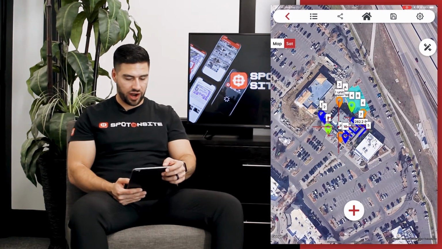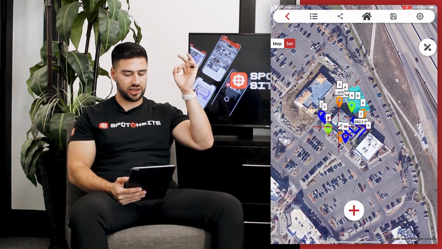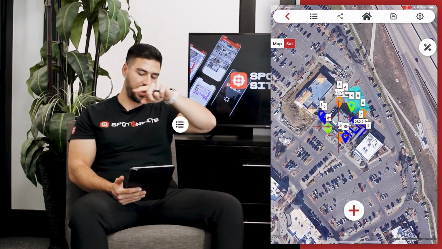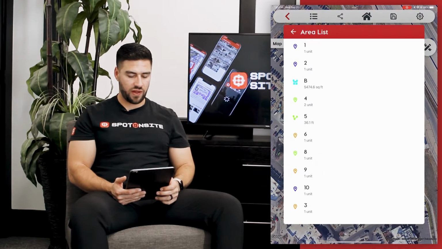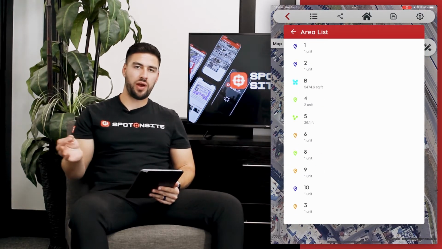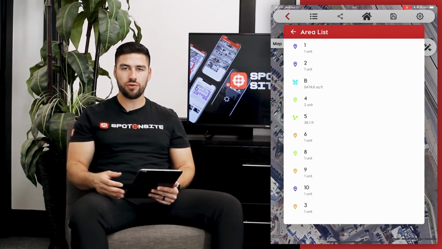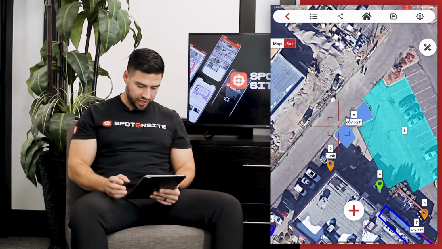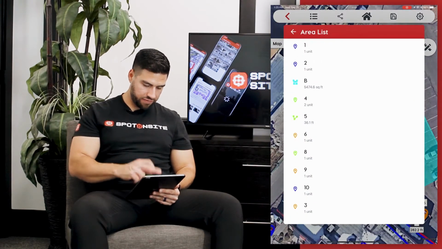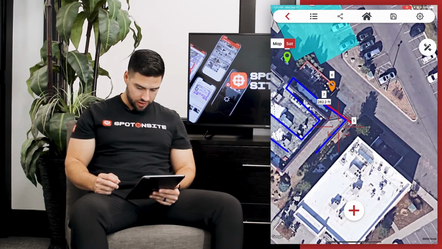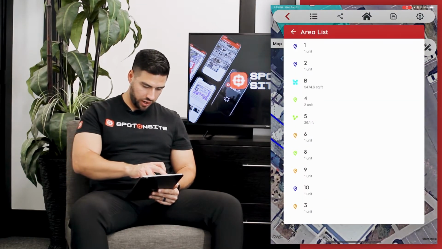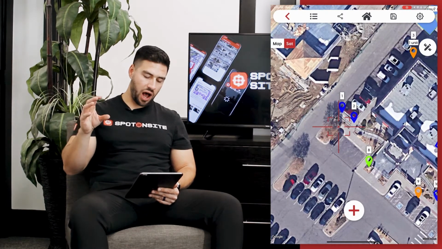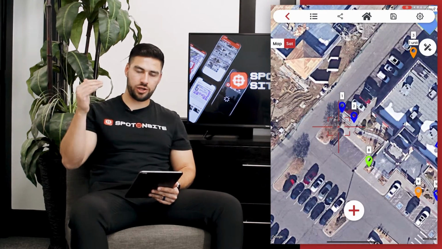Next one is going to be our area list. The area list is the 3 dots in a row with the lines to the right of the dots. When we click on that, this allows you to jump to any area or spot or line that you've created on your projects. So let's jump to, like, area A. The camera zooms in. Let's go to area 5. Camera goes over there. Let's do one more, area 2. As you can see, the camera follows around whatever area you select in area